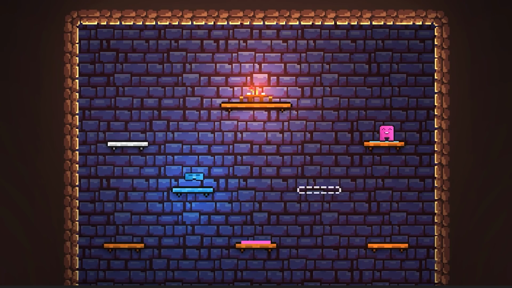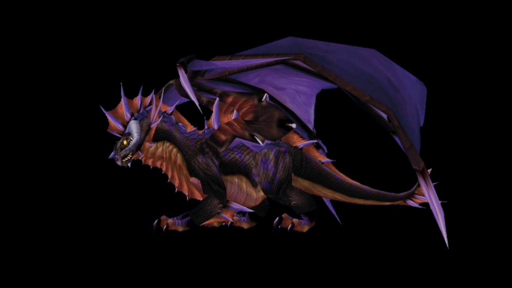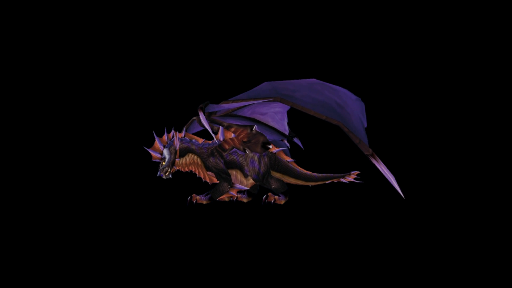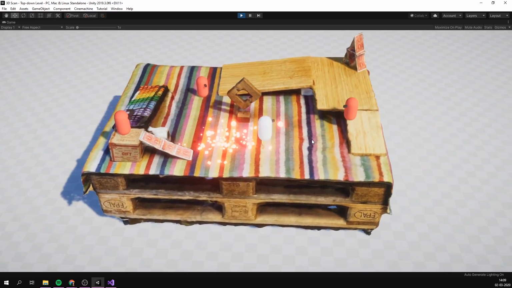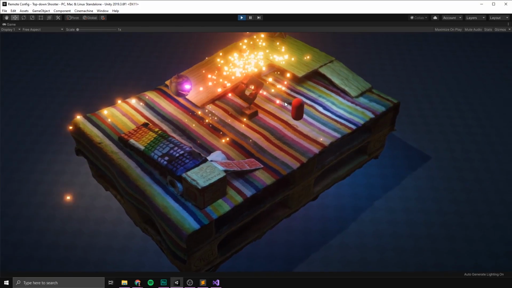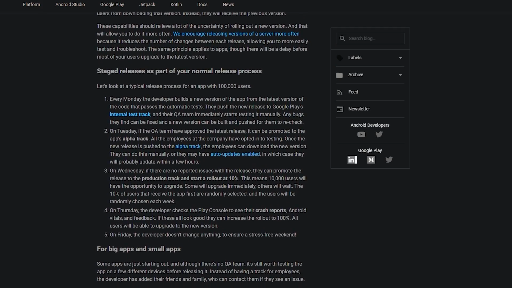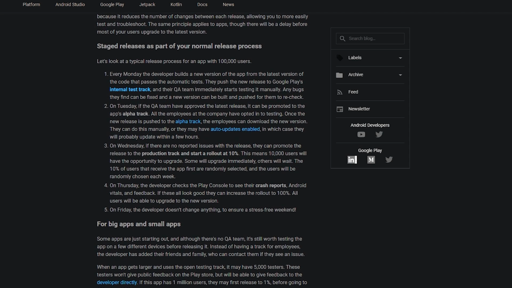For example, if you release your game and immediately get reviews saying that the second boss is too hard, this of course needs to be fixed. Or if your game has been out a little while, you can keep it interesting by introducing new features or seasonal events. And sometimes you want to introduce a feature to only a part of your audience. For example, to see how they react before rolling it out to everyone else.